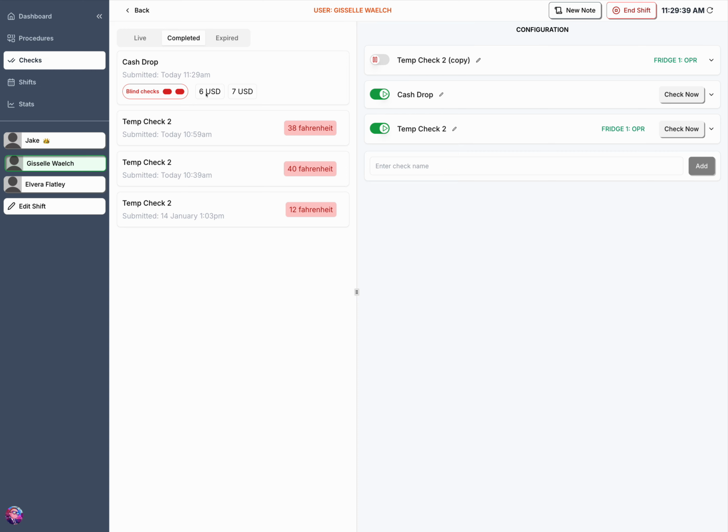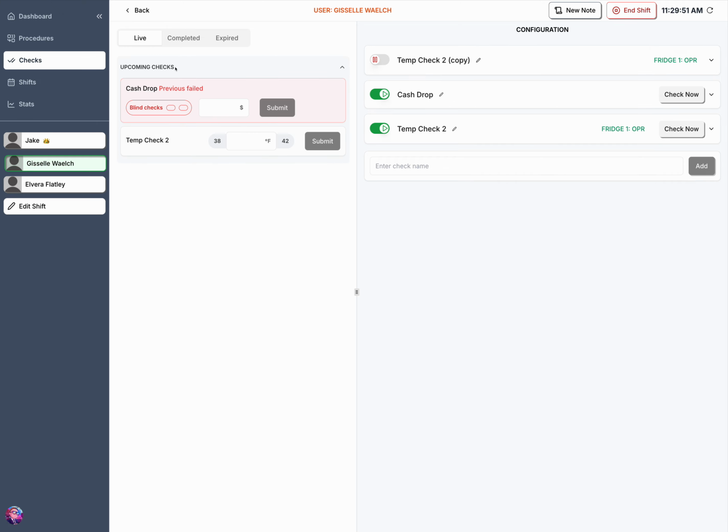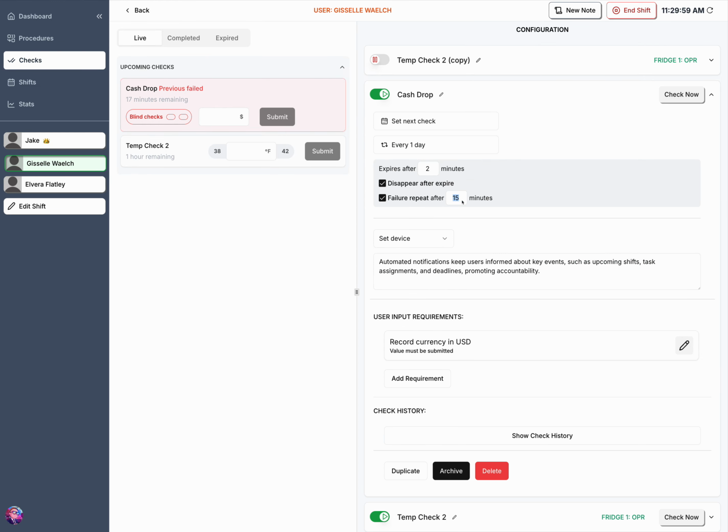that it just shows. Because this failed, another check will appear, but it shows the 2 things that were entered. And so what we should see here, right? Previous failed, and because it failed, it doesn't make sense that this one is 17 minutes. This one should be 0 minutes. This should appear immediately. So for the next one, these settings here, they work retroactively. They don't work on the currently live ones, or at least some of them don't. So if this fails, in fact, let's just do it. Let's do 6, submit,